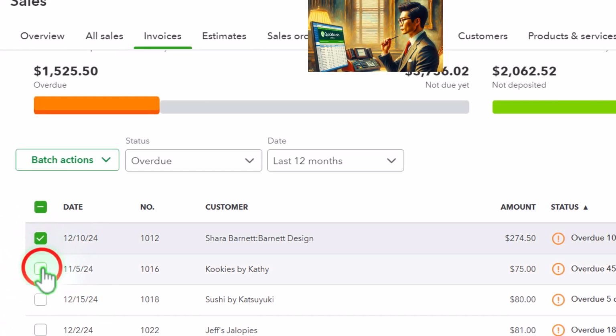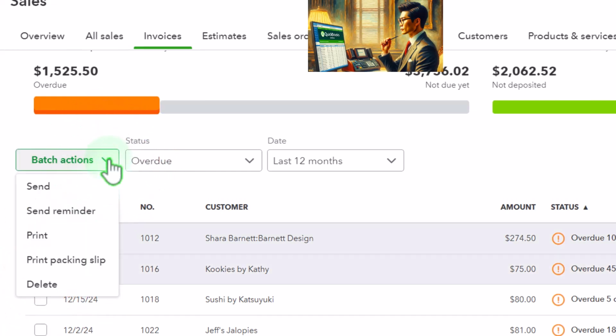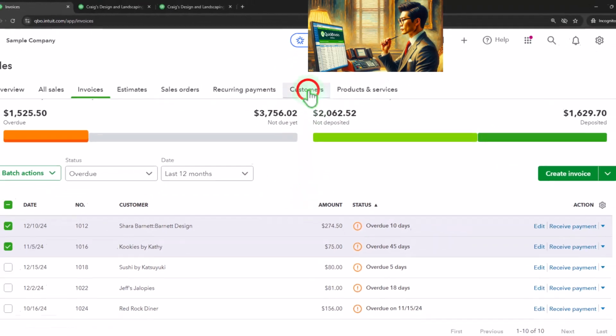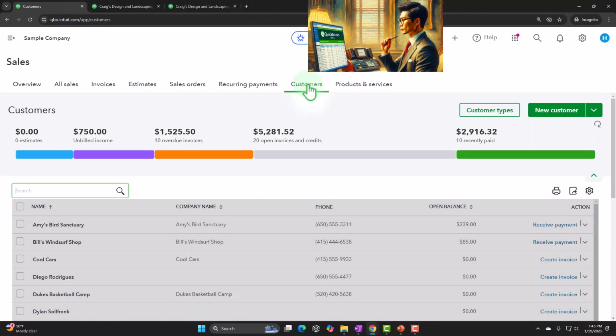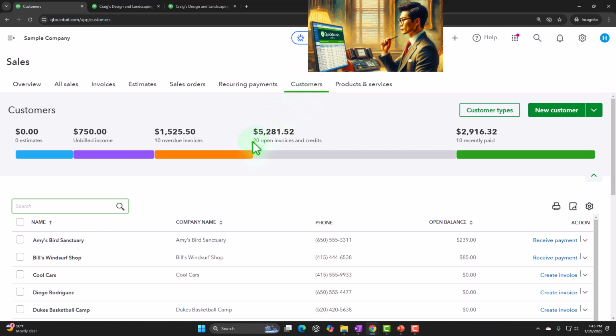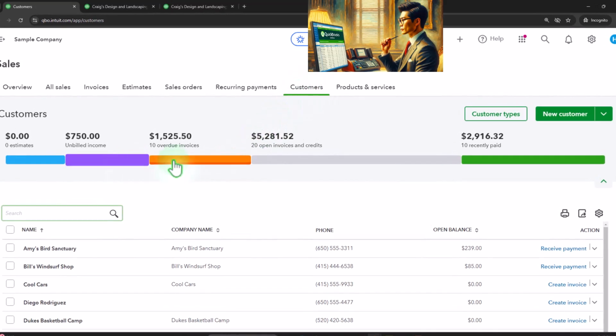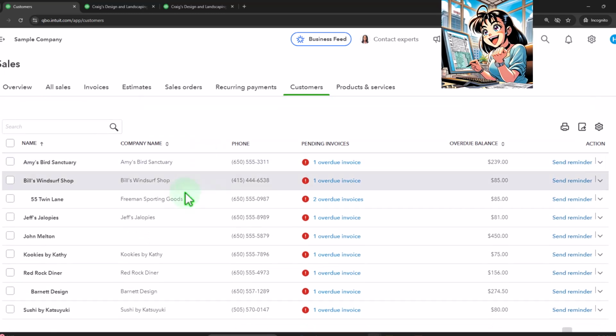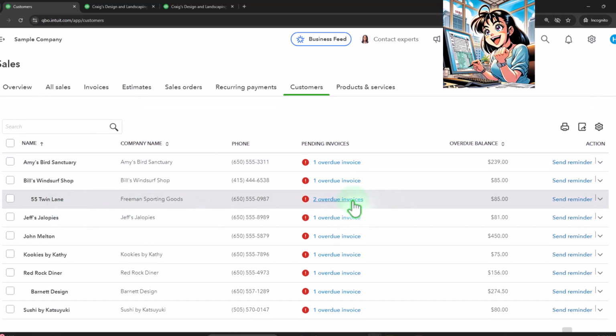You can select multiple reminders to do a batch action to send those reminders. Or we can go to the customer area over here, and we can say that we want to look at possibly the overdue invoices or the open invoices. Let's go with the overdue invoices, and you'll note that we have, for example, this client that has 2 of